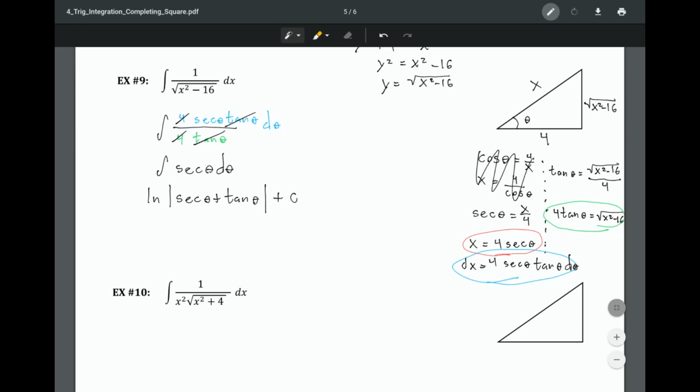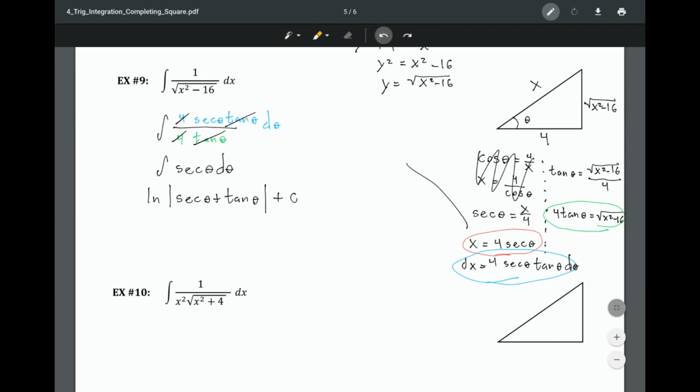Right now, what I have to do is use the same triangle to try to figure out what secant of theta and tangent of theta are. So here's why we can do this. Do I have the secant already? Yeah, it looks like the secant is going to be x over 4 again. So if I take the secant right here,